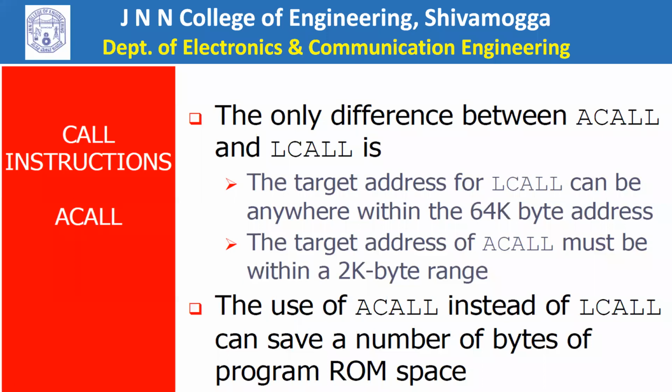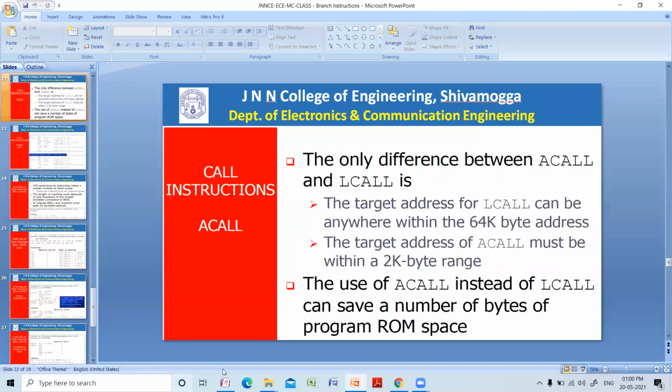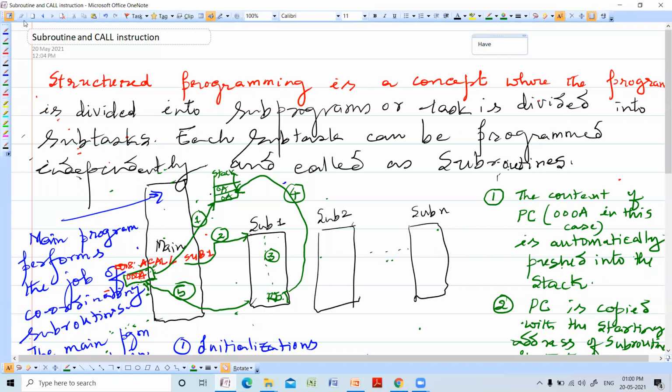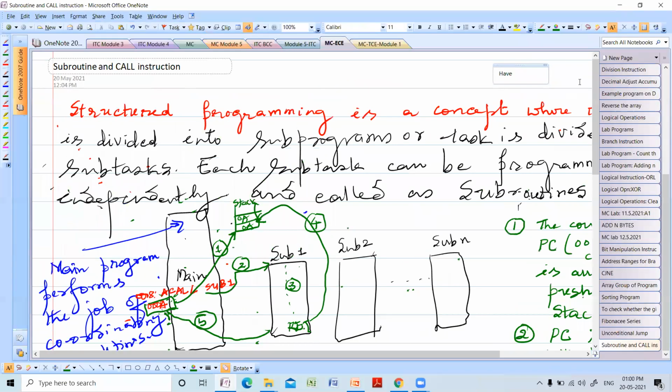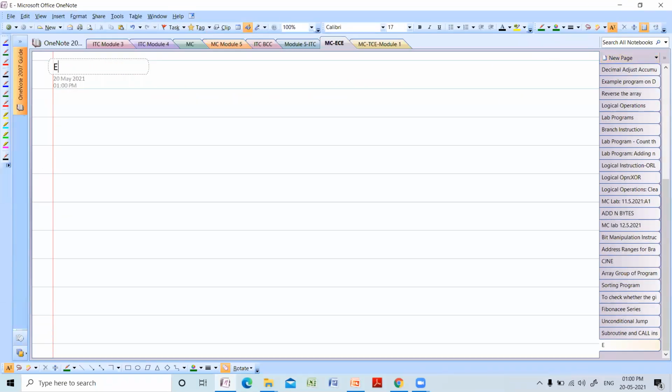I'm asking, have you understood the concept of ACALL, the call instruction?